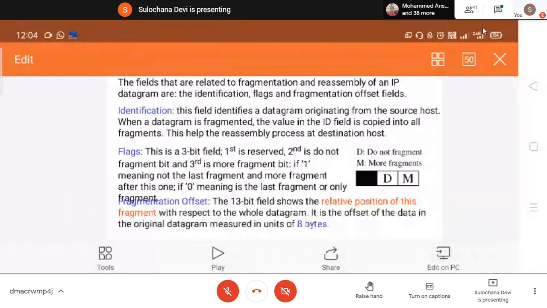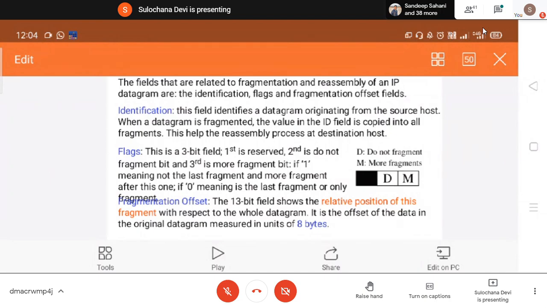Now this Do Not Fragment bit is used when your data is passing through a smaller network and you don't want your data to be divided. It should not be further divided, so you can set this DF bit to 1. If you remember in yesterday's experiment, we saw many packets being transmitted with the DF bit set to 1. It means if that packet cannot pass through a network which has a lower MTU size, then that packet will be dropped there itself. It will not be fragmented.